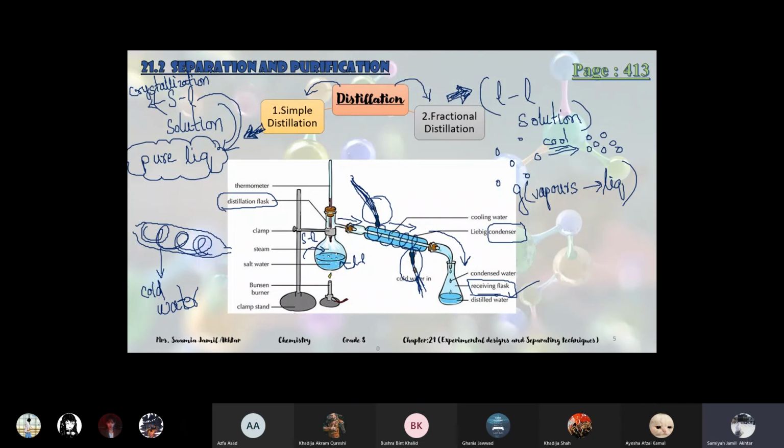Last thing I want to tell you about this diagram: the pure liquid which we get in the end is known as distillate. Like in filtration, whatever we get in the end is known as filtrate. Similarly, in distillation, it is known as distillate. This is the special term used for the pure liquid which we receive in the end.